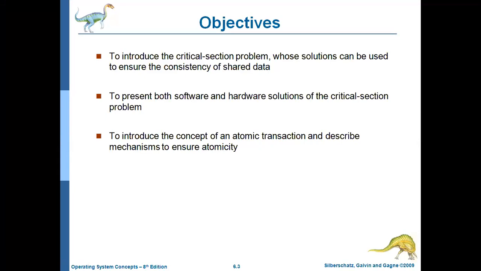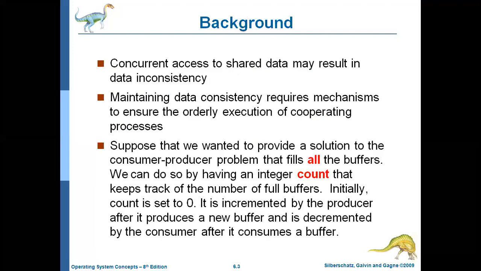What is process synchronization for? Process synchronization is for ensuring consistency. There is a critical section problem. What is the critical section problem? The critical section is a region where only one process is allowed to enter. In the critical section, usually we keep shared data or shared code. The process which is willing to enter the critical section first requests it, then enters, uses the code, and comes out of the critical section. Only then will the next process enter the critical section and use the shared data or code.